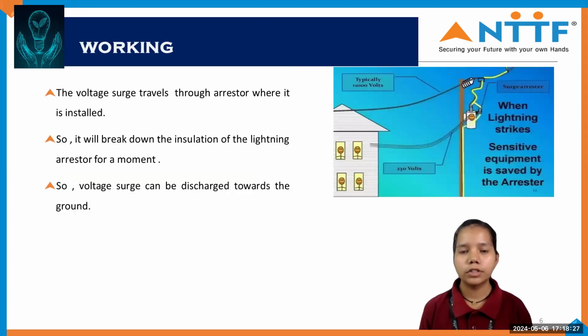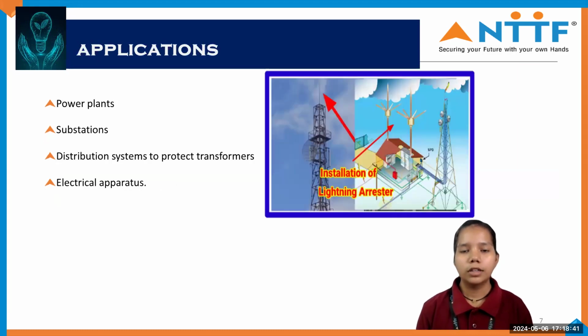When lightning falls on the distribution system, the voltage surge travels through to the arrestor where it is installed. So the lightning arrestor breaks down the insulation for a moment and the voltage surge can be discharged towards the ground potential. The applications are, it is used in power plants, substations, and distribution systems to protect the transformers and